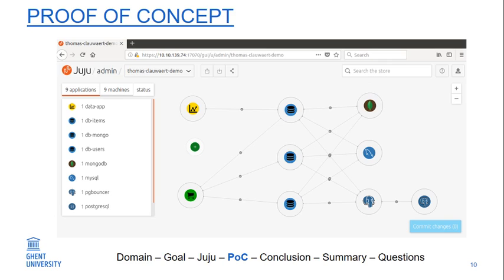As you can see though, the generic database has the prerequisite to be connected with other services, and these other services need to be deployed and ready to function. So in this case, Postgres, MySQL, and Mongo. Each generic database is connected to the three database technology instances or services, right? But it works, the proof of concept works. Each configuration file gets rendered on the web shop and the same database information gets rendered on the data application. So the proof of concept is more or less a success, right?